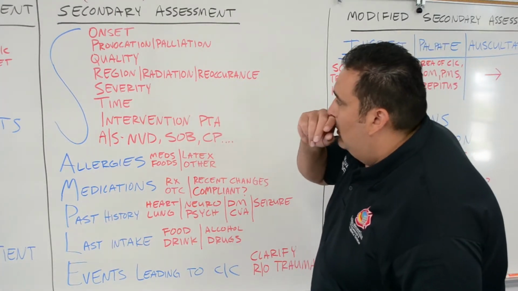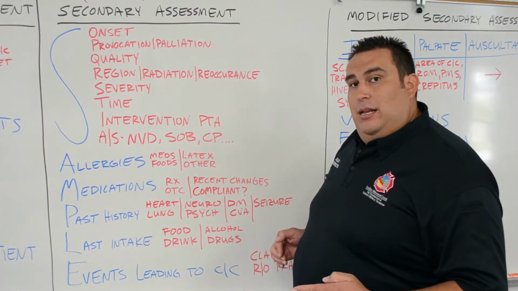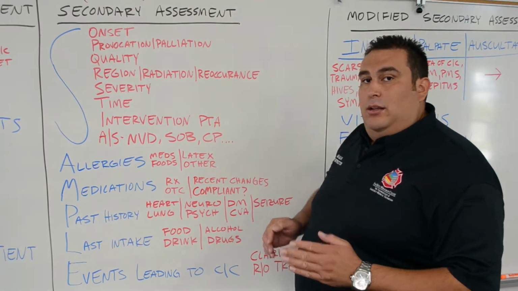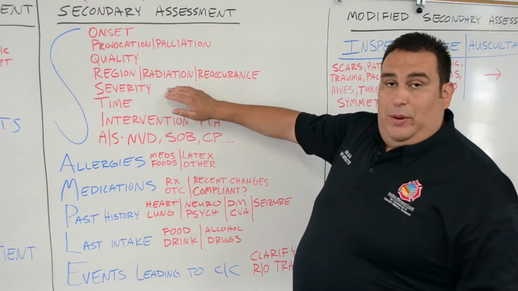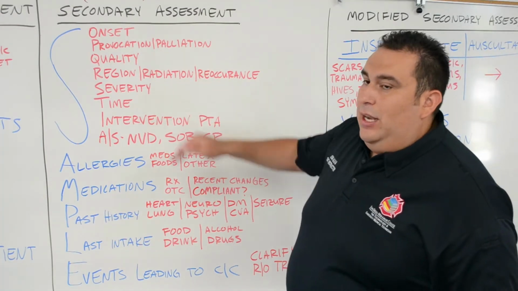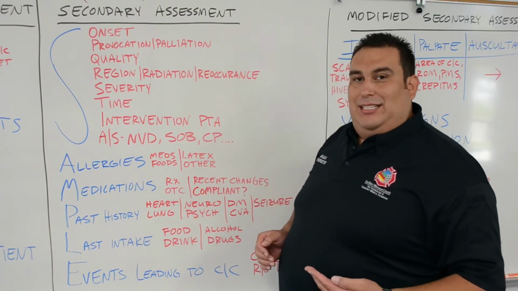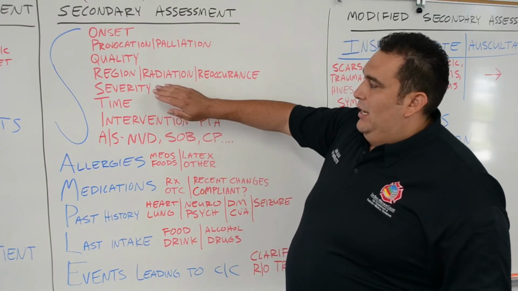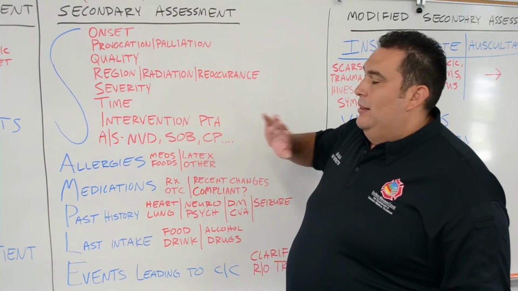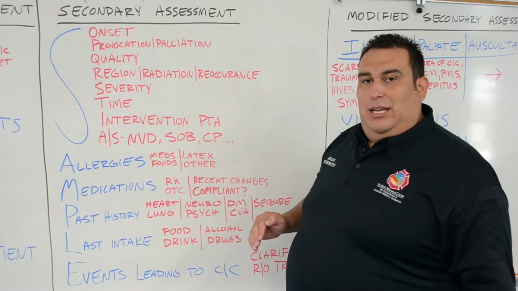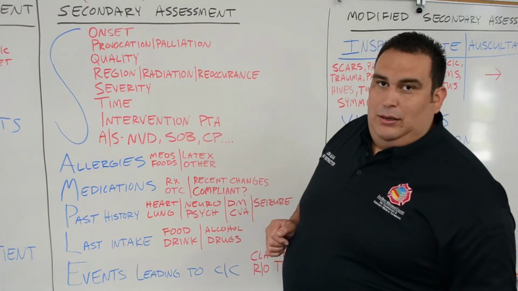Severity. In regards to severity, we're going to ask our patient on a scale of 0 to 10, 10 being the worst pain possible, what would you give your pain? Be careful. Do not give any examples, any violent type of examples. Just say on a scale of 0 to 10, 10 being the worst, what would you give your pain? That's it. Write down whatever the patient says. If the patient says 50, if they say 1,000, you're going to put 10.